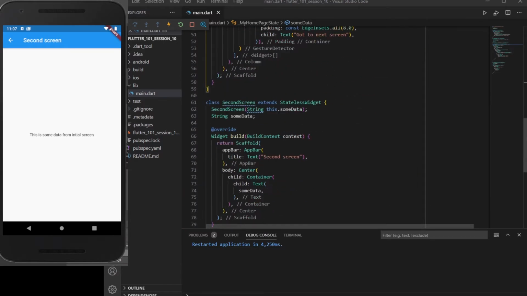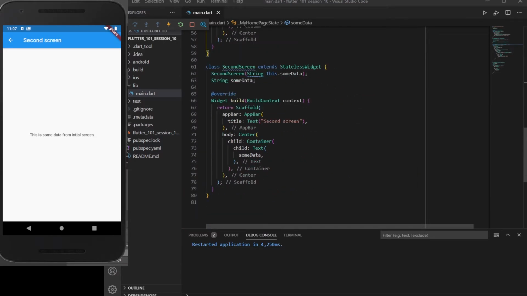What there is in Flutter, or in any application which you are building through native Android or React Native, is a stack of items. A stack is basically where you have only one entry point and one exit point. So this is a stack in which you keep on adding items to it, and then you pop items from it. The topmost element is popped out when you perform a pop operation.